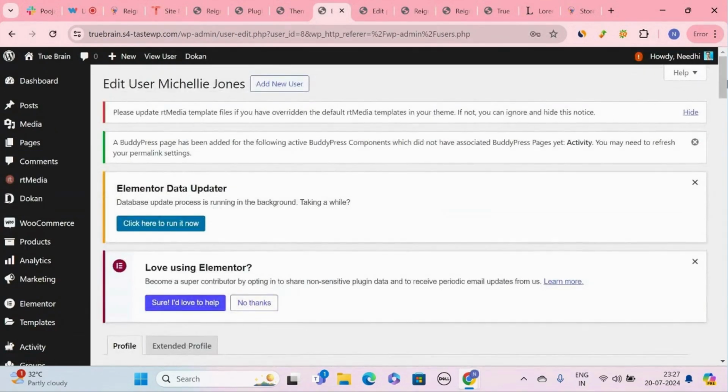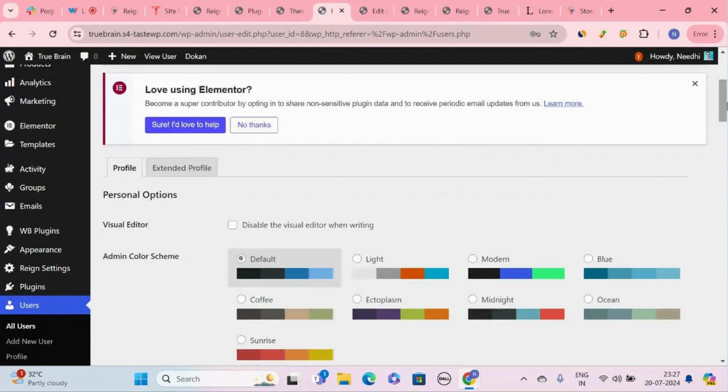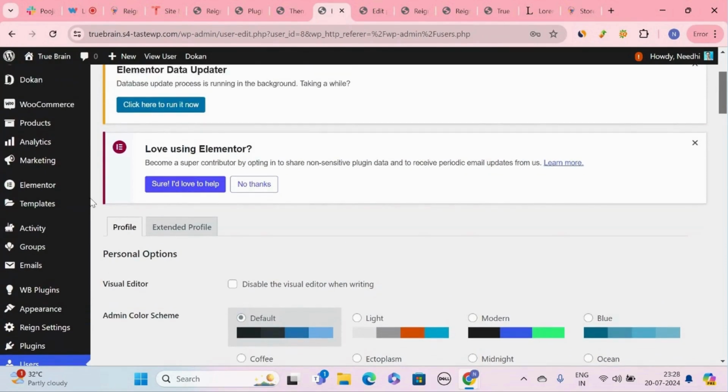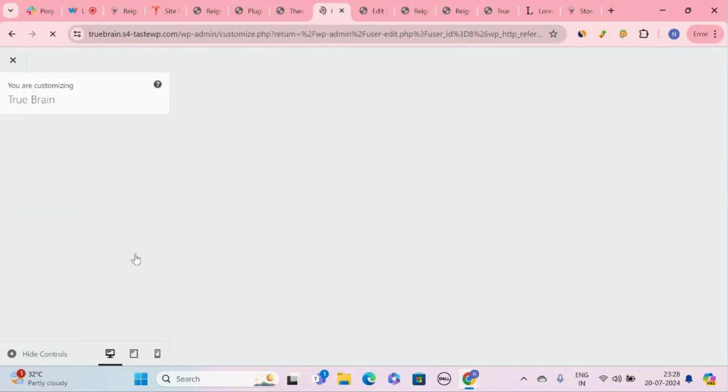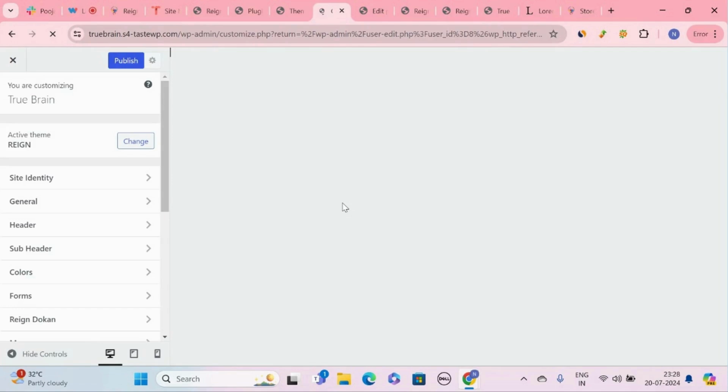First, let me show the customizer options that Rain Dukan provides. In a new tab, you can open the customizer inside Appearance, Customize. Here you will find a Rain Dukan option, and it has some layout settings for the admin to set.